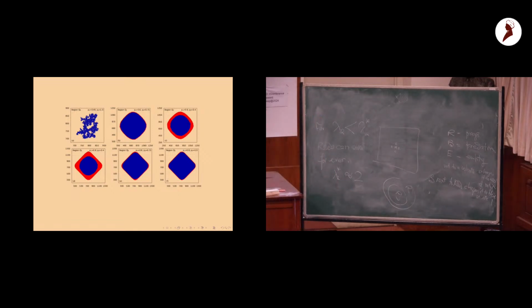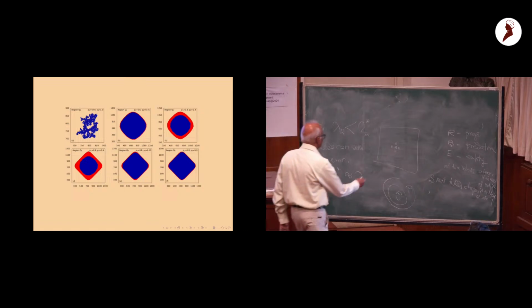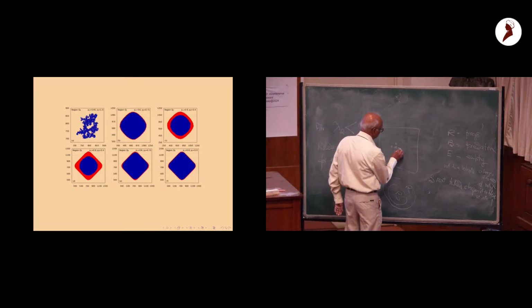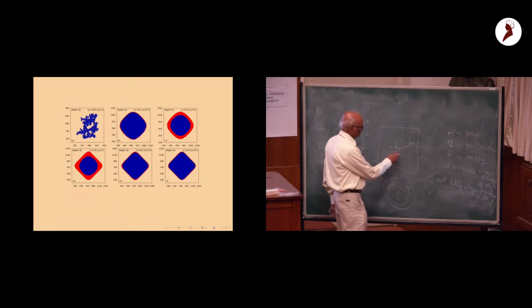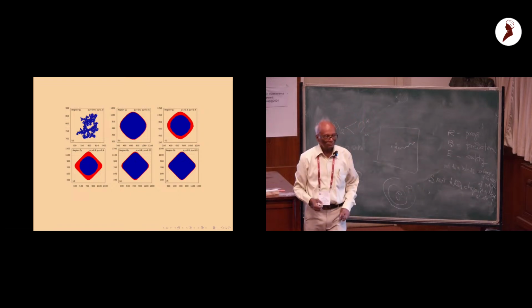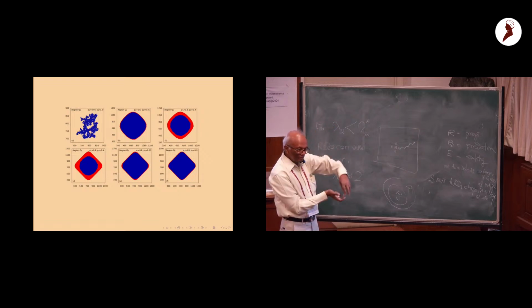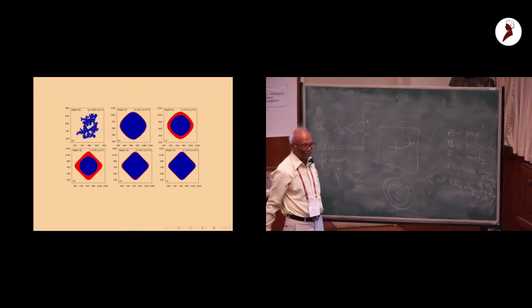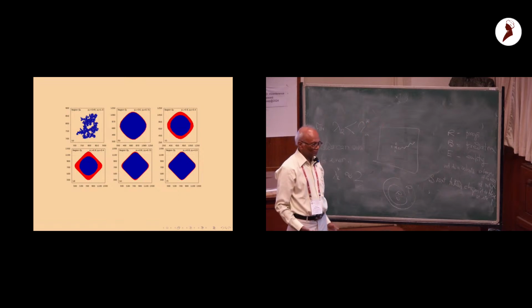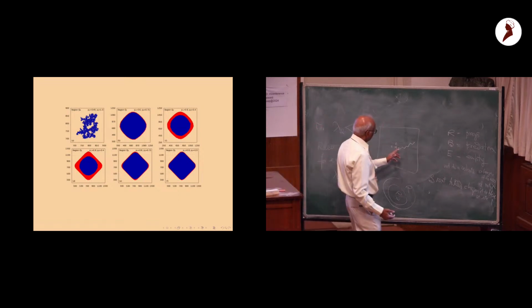Now, let us say that P1 is bigger than the directed percolation threshold on the square lattice. Okay? Then, from this point, there is a path which goes like this, which keeps on going. There are some paths, it is not everywhere, but there are some places where there is such a path, it keeps on going. And so,